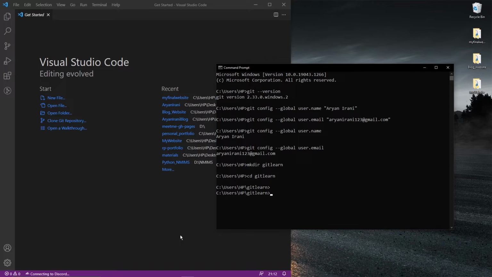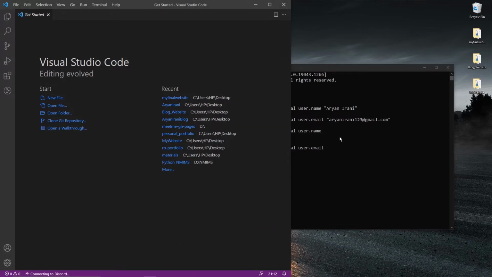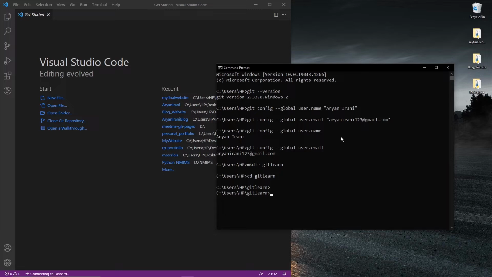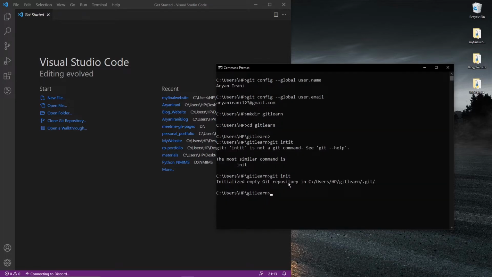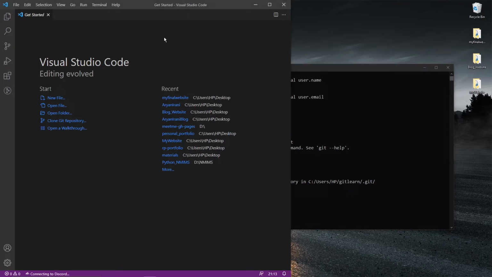Before we create some code in our file here, we need to first create our first git repository. To do that, we're going to be using the git init command. This command creates an empty repository. So I'm going to run git init. Oops, I misspelled it. It's going to be git init, and here you can see it initialized an empty git repository. So now I'm going to be adding some code files to the folder that we created.